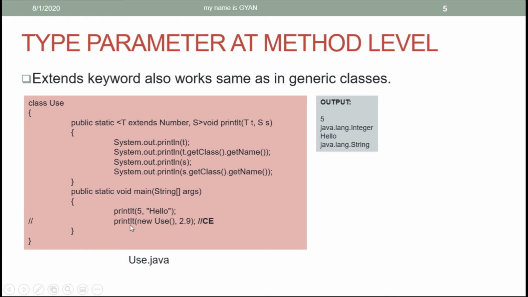In the second case, when you try to store a reference of type use in the reference variable of type T, the compiler will not allow it, because for the JVM, T is of type Number.